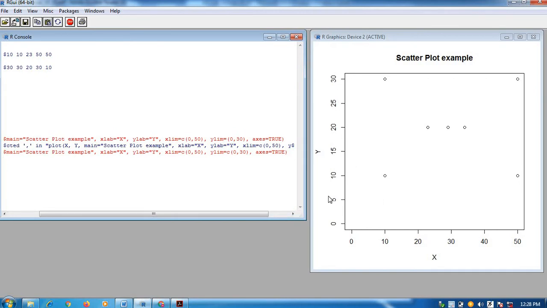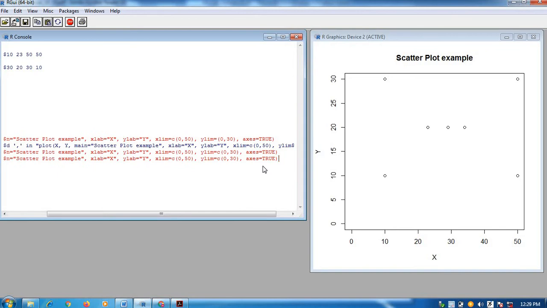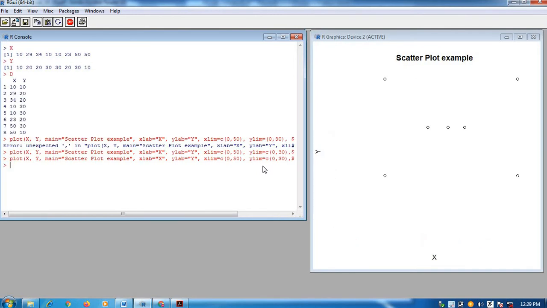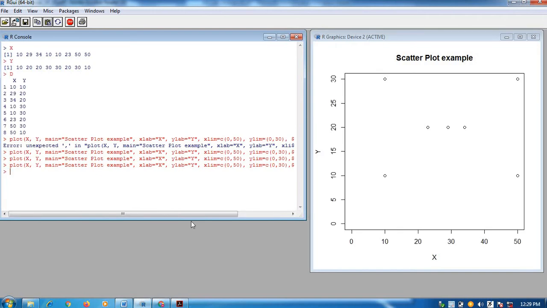It was by default true only, that's why we are not getting any difference whether we write it true or false. Now if I make it false, then see what happens. What happened? So here you are only getting the points plotted and the labels, but you are not getting the axis displayed. Okay, so in this way you can decide whether you want to show the axis or not.